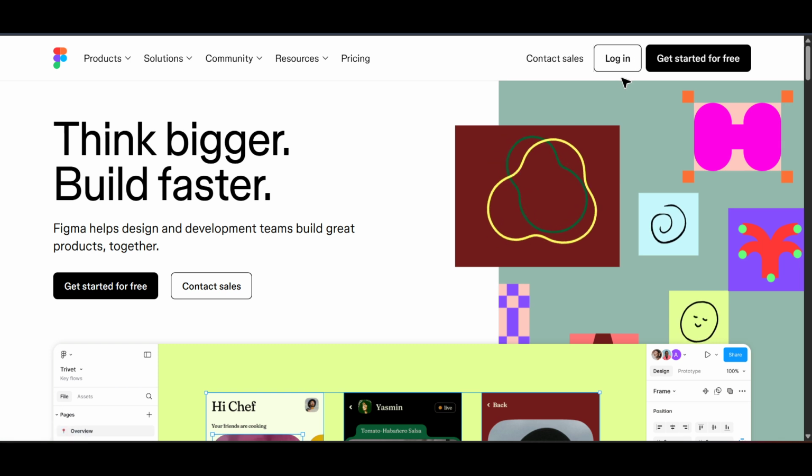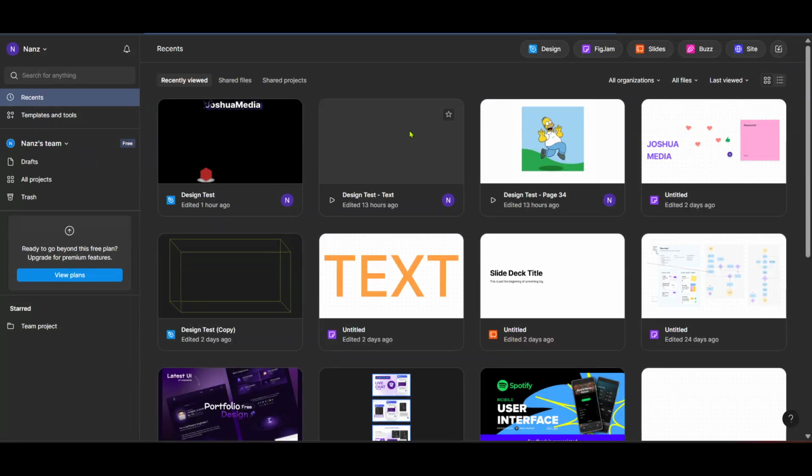Now let's dive into the design section of Figma. Click on the design button, which you can find towards the upper menu of your screen. This is where your design canvas is located, and you can open up the file where you'd like to embed